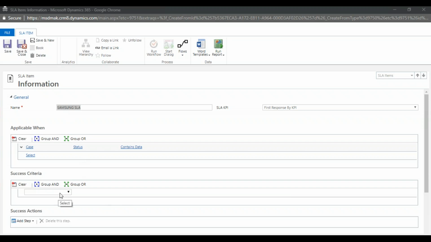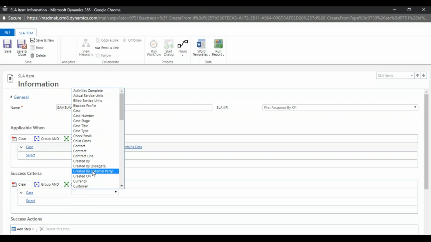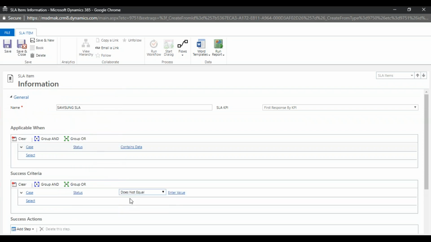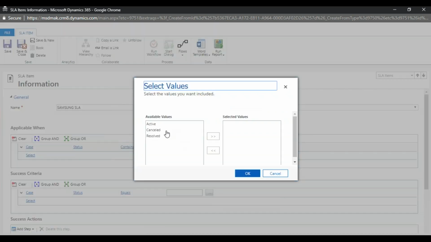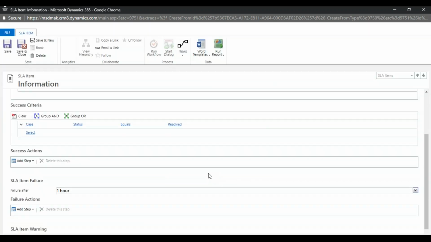Okay, so here we have the success criteria. On what basis we are going to say that this record is completed successfully. So I'm going to say that case status is equal to resolve. We are going to say that is the success criteria.